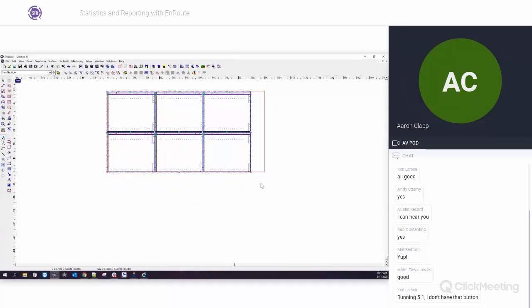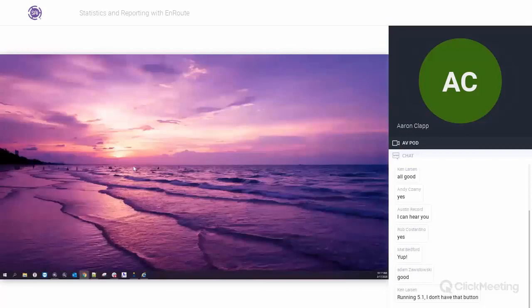Now, if you guys are running a little bit older, so an older version of 6 or an older version of 5, you're going to see the same menu under here. So you're going to see machining and then statistics. So if you have this option, now we're going to go back,